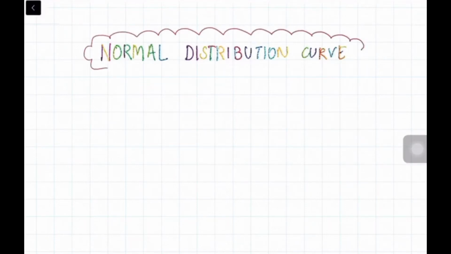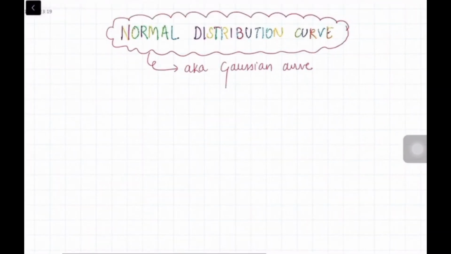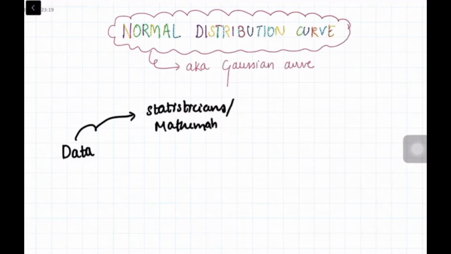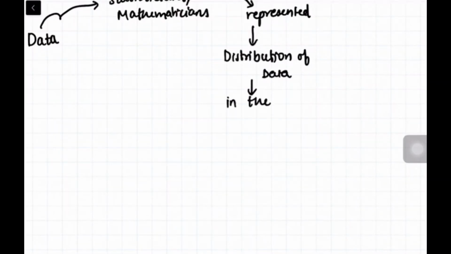Hello everyone. So today we are going to do normal distribution curve. It is also known as Gaussian curve. So what happened is we collected the data as we saw in the previous video. Then this data was presented to statisticians or mathematicians. What they did is they drew a curve using this data. And what we observed is in many data the distribution of the data was in the form of a curve